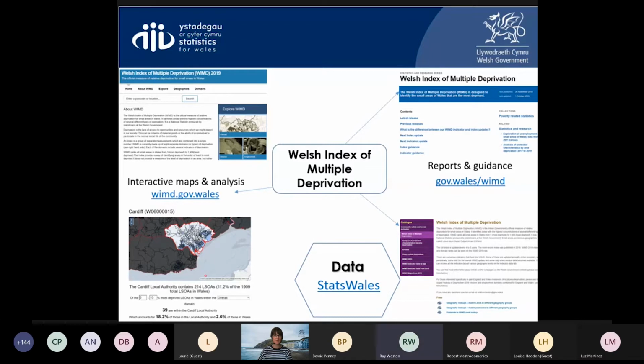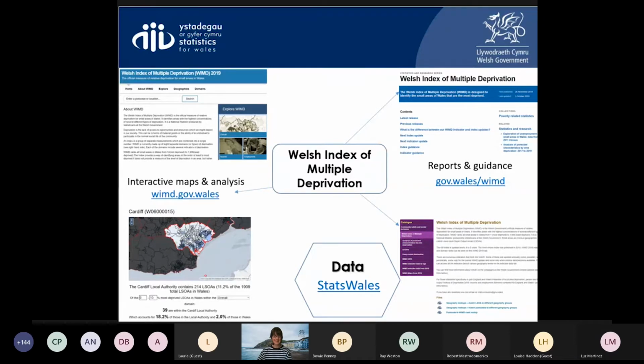Moving down, we have data, including open data and a postcode lookup where you can put in a batch of postcodes and output the rank or decile or quintile, all on our StatsWales tabulation tool. And then on the left, a dedicated interactive mapping website, similar to what Bowie described for England. You can type in a postcode here and get some outputs with short deprivation profiles as well as maps for small areas. So I'll move on now.